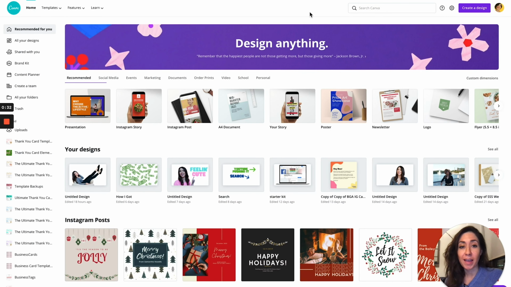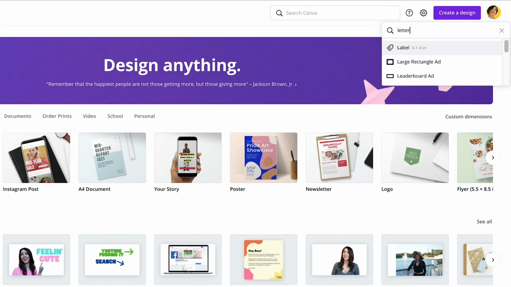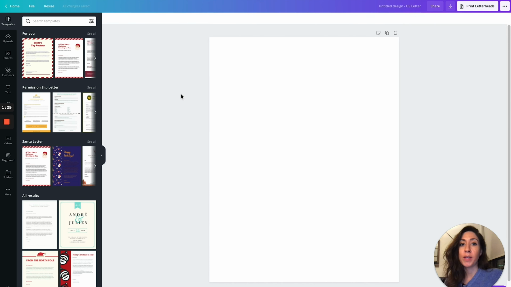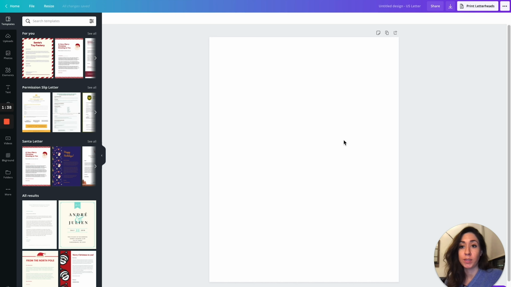Okay, so here I am on Canva and I'm going to click Create a Design. You can choose custom dimensions. I'm just going to choose to create this a letter-sized planner. So if you have Canva Pro, then you can decide if you want to resize the planner so you can have multiple options for your shoppers, or you can just create the one size. So for this example, I'm just going to create the letter size planner, and I want to show you some